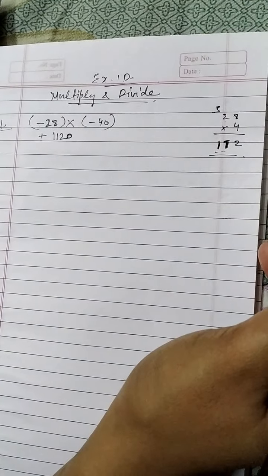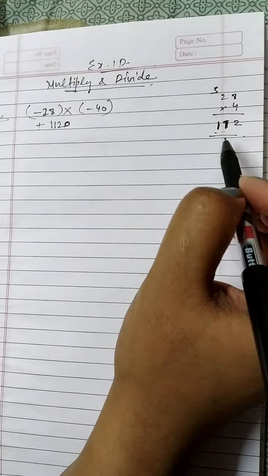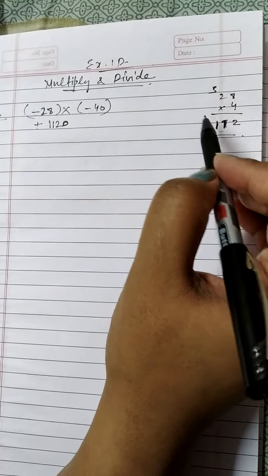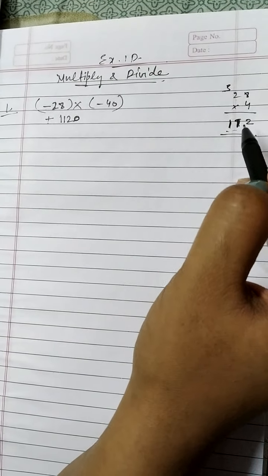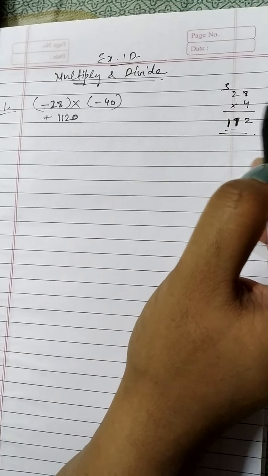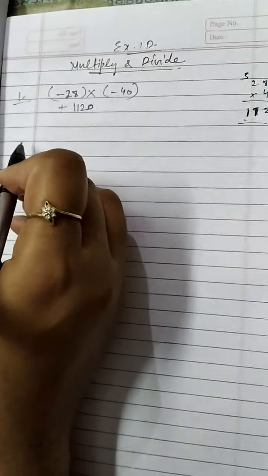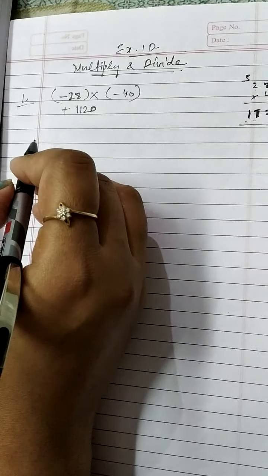1120. Here in multiplication, you don't need to take 0 over here. You take a single digit number from 1 to 9, then you can multiply. No need to show the 0 over here. In the answer, you can show the 0. So in this way you can do question number 1.